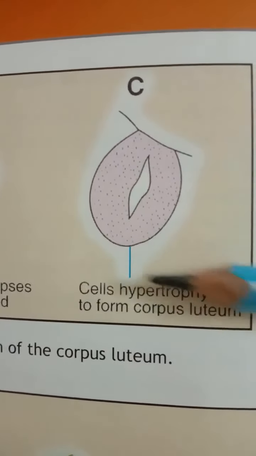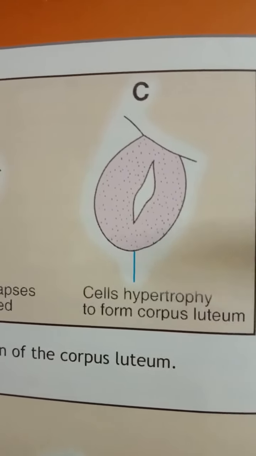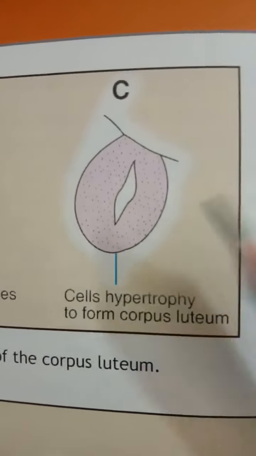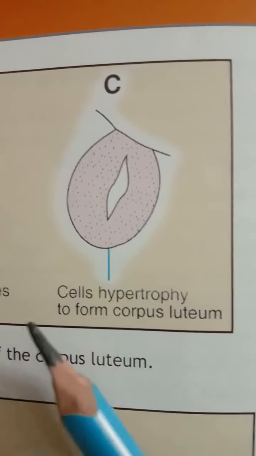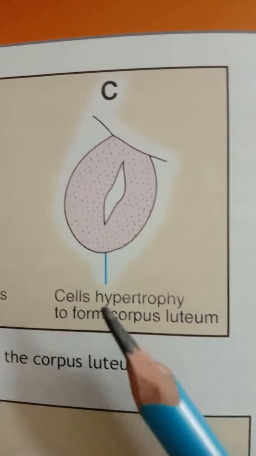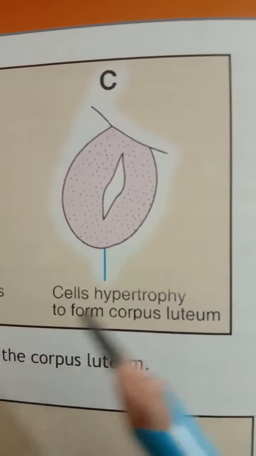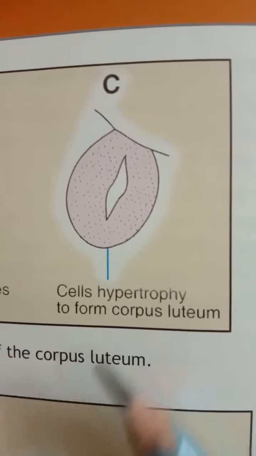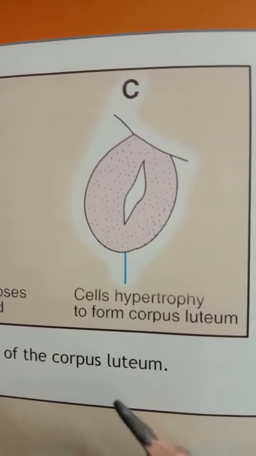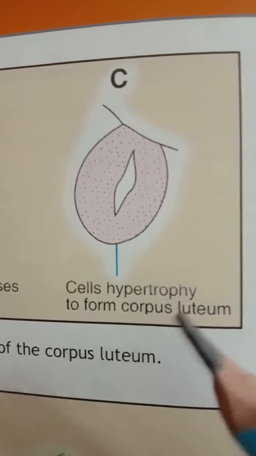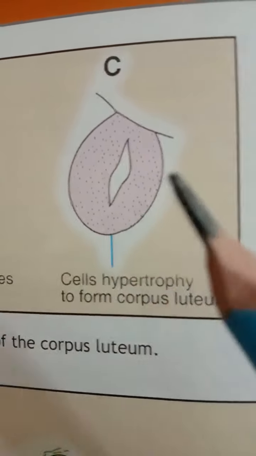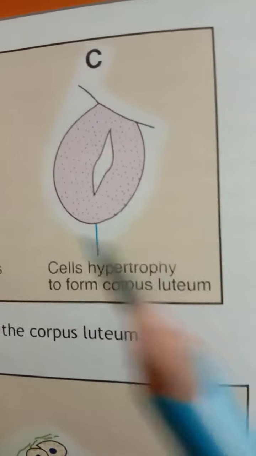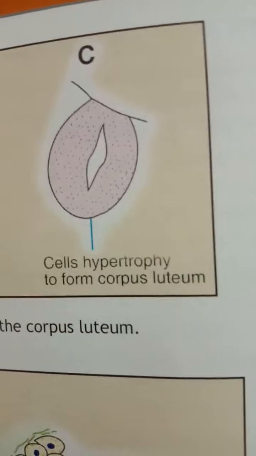The progesterone secreted by this corpus luteum is essential for the maintenance of pregnancy in the first few months. After 4 months, the corpus luteum is no longer needed, because the placenta begins to secrete progesterone. The degeneration of the corpus luteum in the early months of pregnancy is prevented by human chorionic gonadotrophin, called the HCG hormone, which is secreted by the trophoblast cells of the developing embryo.